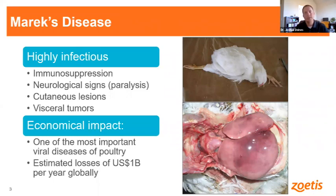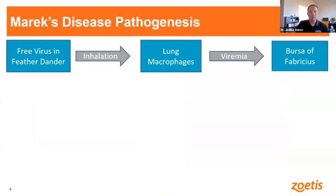So this is where you're getting your condemnations at the plant. And because of all those things, yes, it's really bad for the bird, but it also has a huge economical impact. In fact, it's one of the worst in the industry, at an estimated over $1 billion loss every year just because of Marek's. So if we look at how this disease progresses,